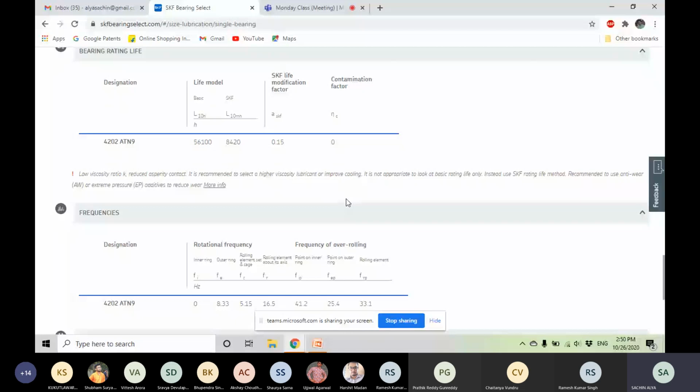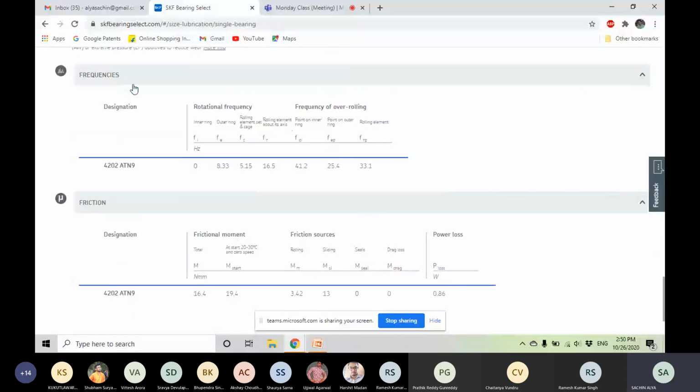Then coming to the frequencies. So this is not very much related to the application part, but it is important, so we'll discuss a little bit about this. So in the bearing frequency, there are several frequencies which are important.